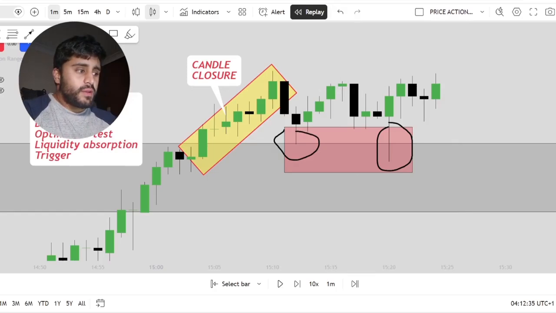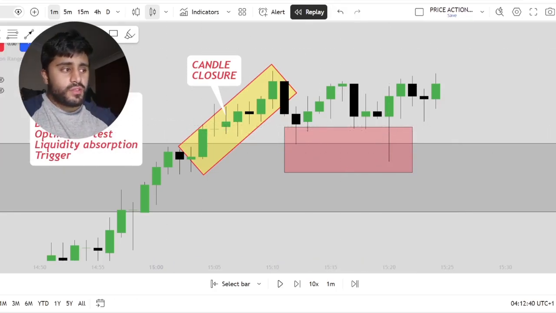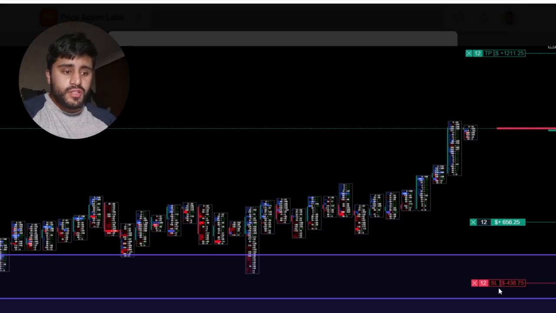So now from here, we've completed the Bolt Breakout Blueprint. So we've gone through all 4 steps. In real time, I was looking at all these steps, right? So I risked about 438 to make just